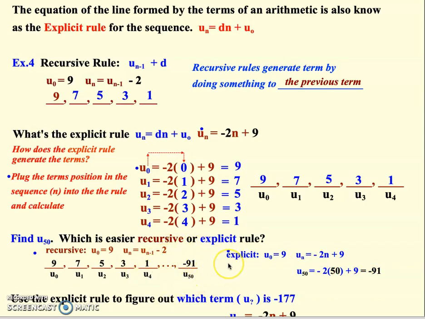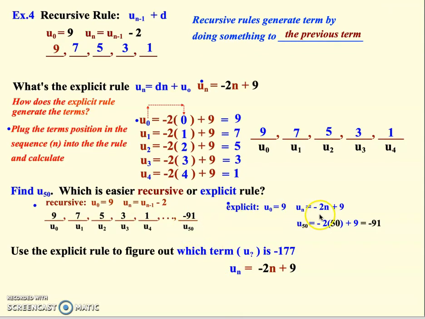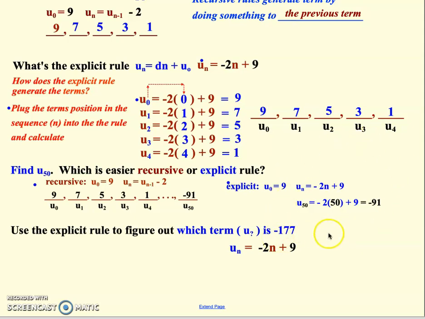So the advantage of explicit is you can go way out in the sequence much quicker. If I've only got to do 4, 5, 6 terms, then fine, recursive, no big deal. I can subtract 2 a few times, but that's no big time waste. But if I've got to go way out here, then I don't want to do that. Okay, there's sort of a flip side to this problem, which is I want the 50th term, plug in 50,